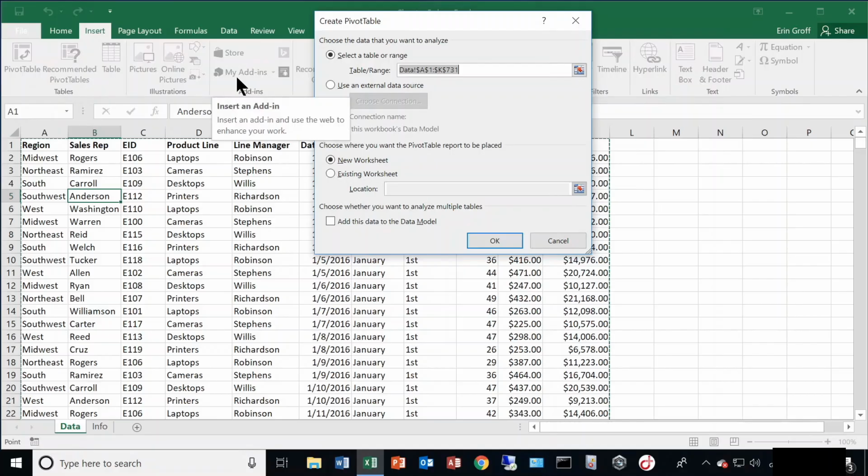This opens the Create Pivot Table dialog box. Here I have the option Select a Table or Range. In the Table Range field box, it automatically puts the range of my data set. So it starts from the beginning, it sees the empty columns and stops there. It sees the empty rows and stops at the bottom. So my range here is on my Data Worksheet, the range A1 through